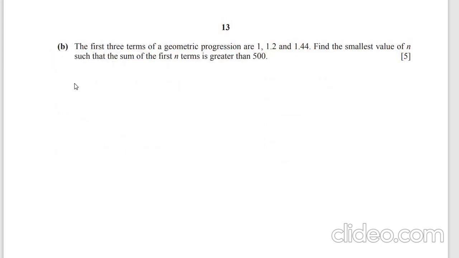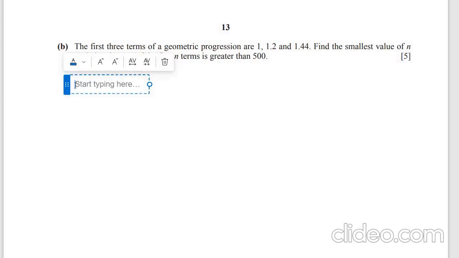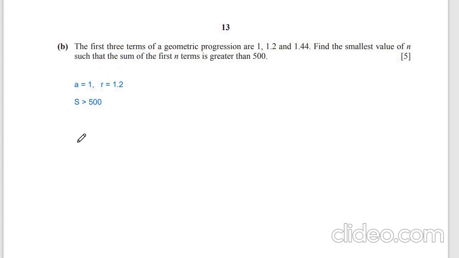So here we have a geometric progression where the first term is 1 and the common ratio is 1.2 divided by 1, which is 1.2. And we need to find the sum that is greater than 500. Okay, so